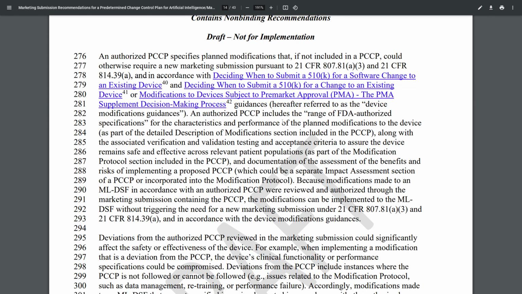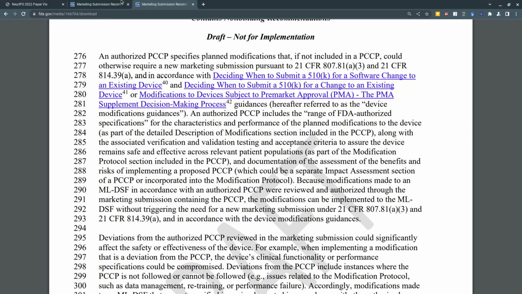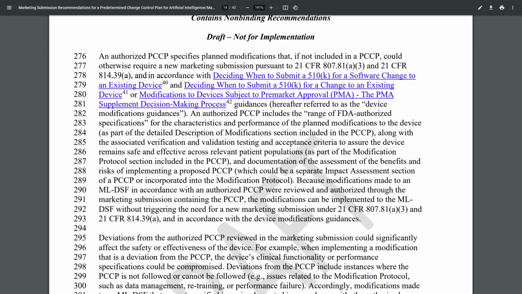An authorized PCCP includes the range of FDA authorized specifications for the characteristics and performance of the planned modifications to the device as part of the detailed description of modifications section included in the PCCP, along with the associated verification and validation testing and acceptance criteria to assure the device remains safe and effective across relevant patient populations, as part of the modification protocol section included in the PCCP, and documentation of the assessment of the benefits and risks of implementing a proposed PCCP, which could be a separate impact assessment section of a PCCP or incorporated into the modification